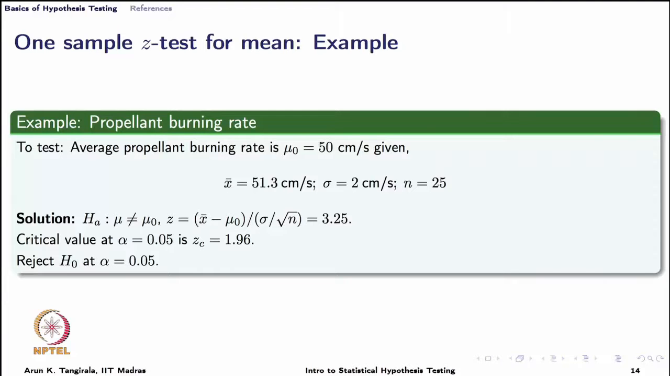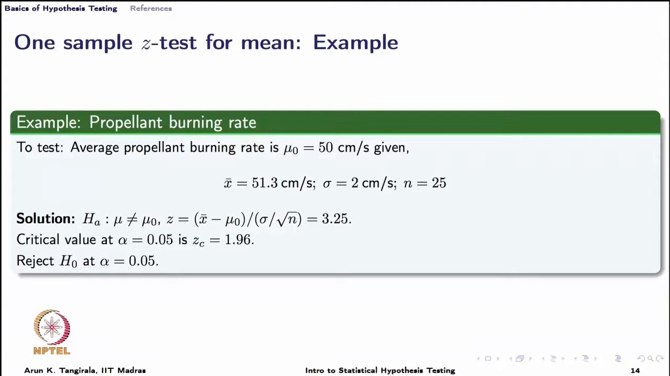Now, to work out the hypothesis test, we go through the procedure. Alternate hypothesis, mu is not equal to mu naught, and we have decided we will use the standardized sample mean as a test statistic, which works out to be 3.25 for this example. Since it is a two-sided test, we normally specify alpha 0.05, but you can also specify 0.01, that is also a common specification. We have just now seen through our previous illustration that the critical value is 1.96, and